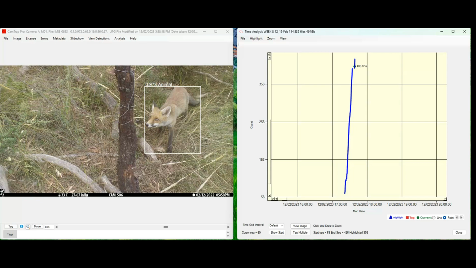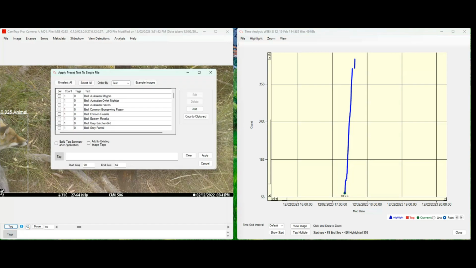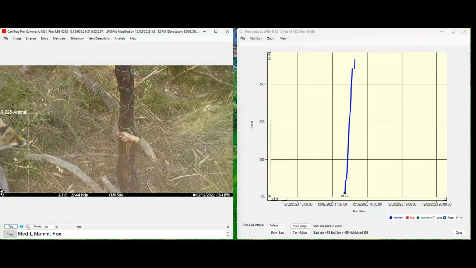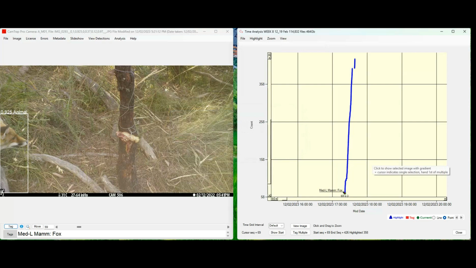So we'd like to represent this by a tag. So we'll go back to the start, click on this file, and now click on tag here and select fox from all of the options. So it's a medium large mammal. We select it, there's the tag, and now we apply it. Now in order to actually see the tag on the count versus time plot, we need to refresh the points. So we'll refresh the points, and now that point shows up in red, and it's also labelled as being a